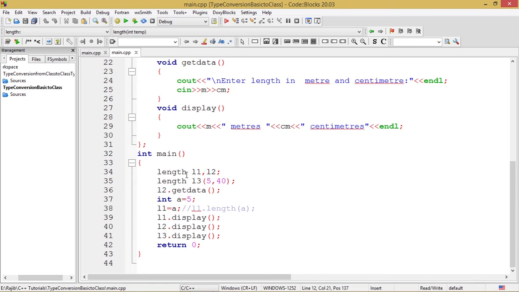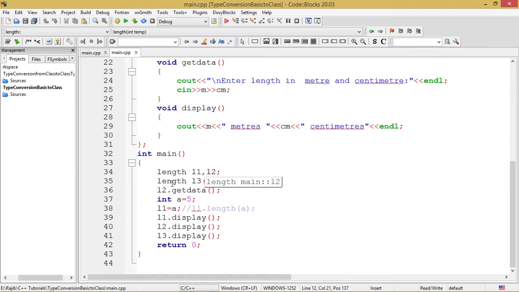I instantiated the class Length with two objects, L1 and L2, in the first line. Obviously, one can imagine that without any arguments, the creation of these objects will definitely invoke the default constructor, that is the constructor written at the top in the list of constructors.